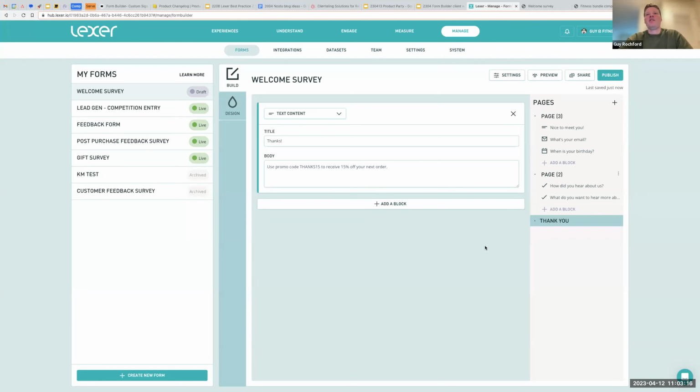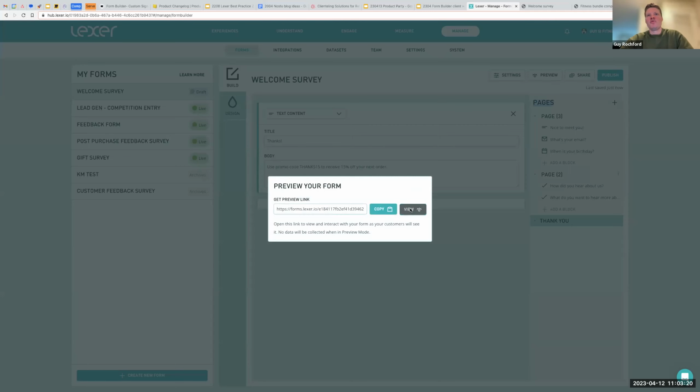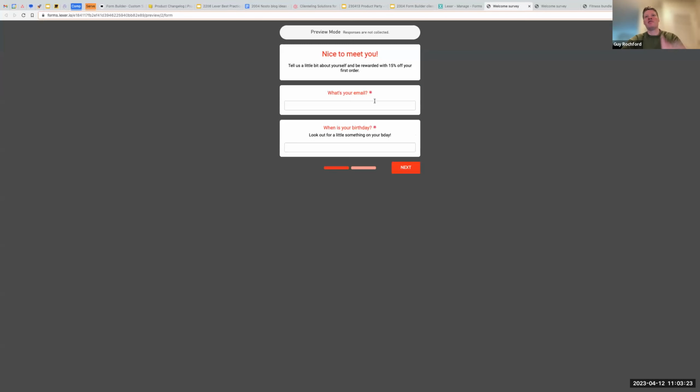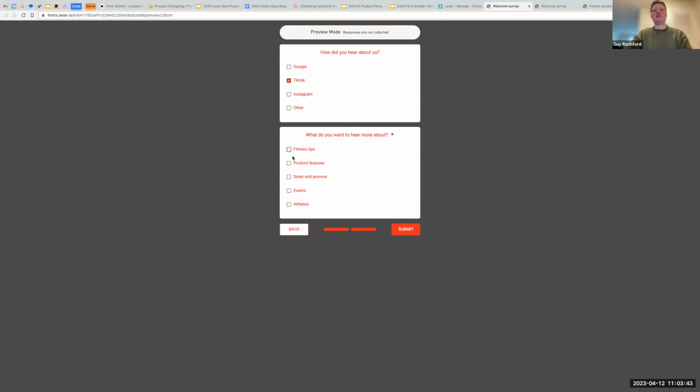One thing you notice is with the preview option, when you preview a form, any responses you put into this right here are not then pulled into the CDP. So it's demo mode, preview mode. You'll notice at the top when it's in preview mode, it'll be called out at the top here. So don't worry about these responses; they're not pulled into your hub, but it gives you a nice way to select things, try before you buy. But then when you go back into the actual live form,